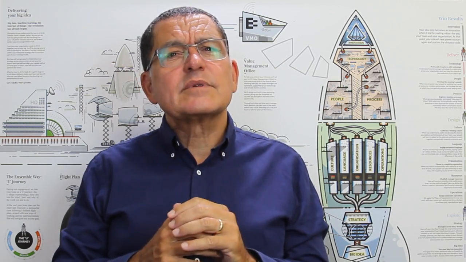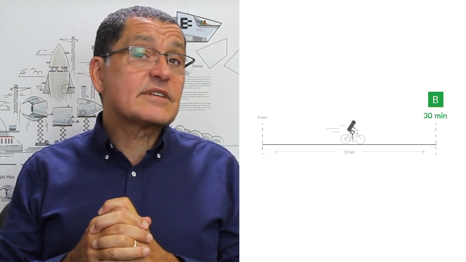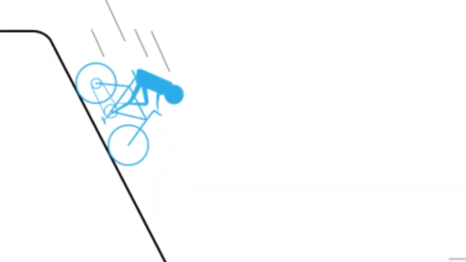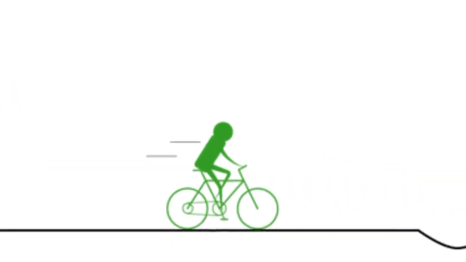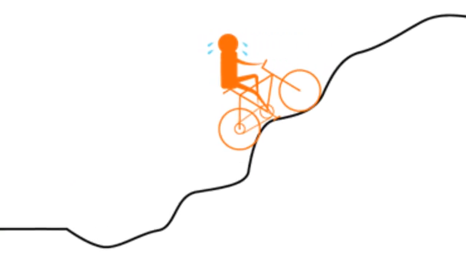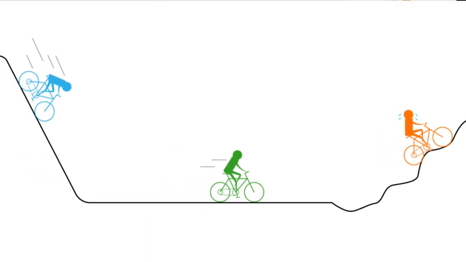The other thing we've got to deal with is uncertainty. In a project environment, you can rarely say that a given task will always take a predetermined amount of time. Sometimes you're going downhill, sometimes you're on the flat, and sometimes it's a rocky road uphill. Depending on which part of the track we're on, it takes different times to cover the same amount of ground.